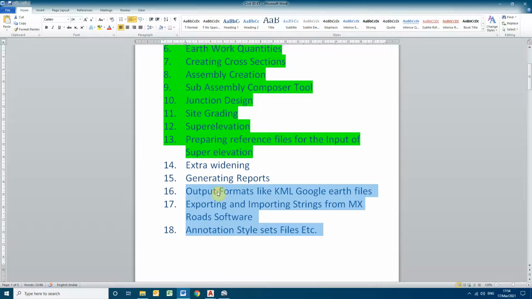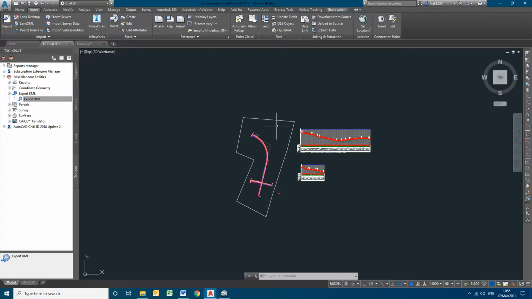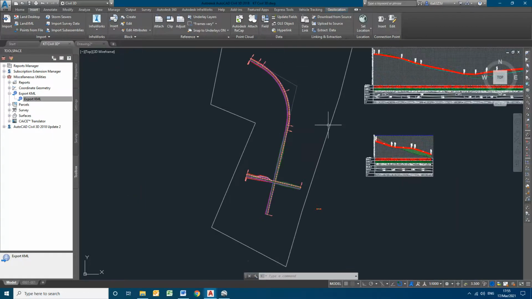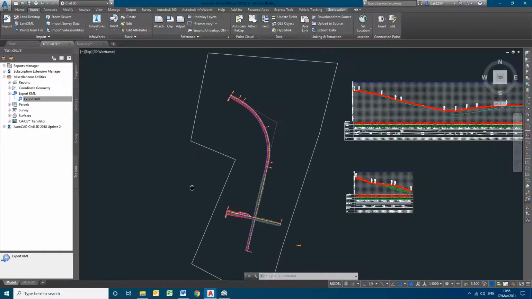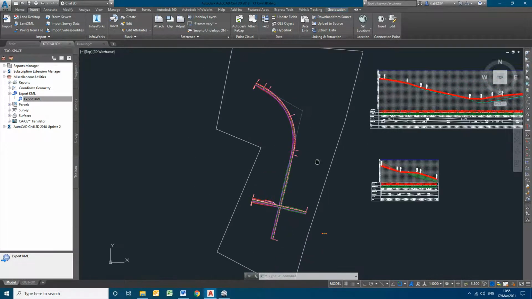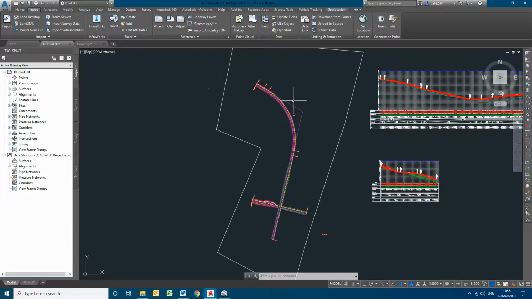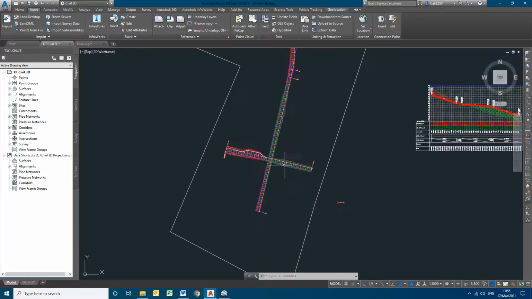Hello everyone. Now the topic is regarding the KML file. In the last session we tried exporting the data to the KML file, but because of some errors, it was not able to generate the export into the KML file, the Google Earth file. So I had resolved that issue. This is our project area location.